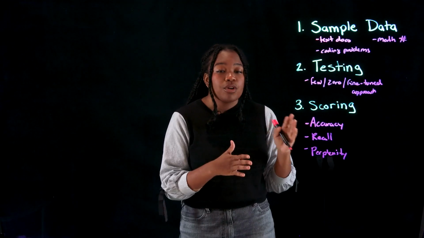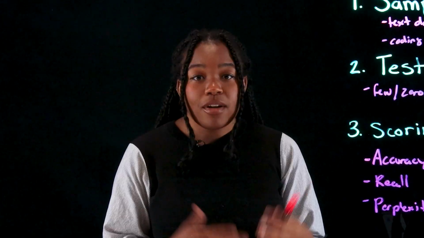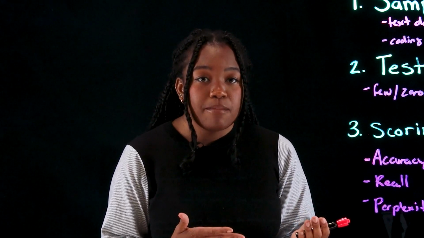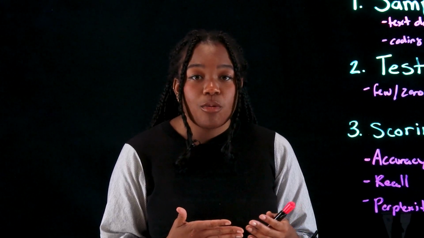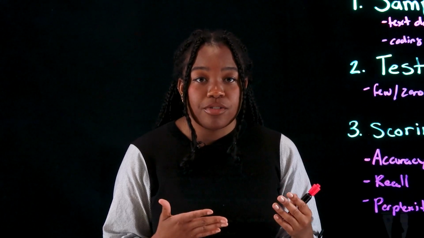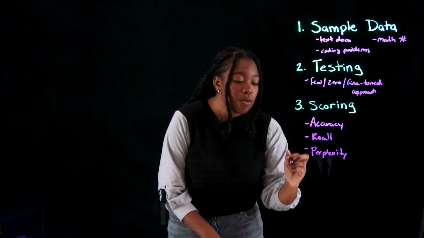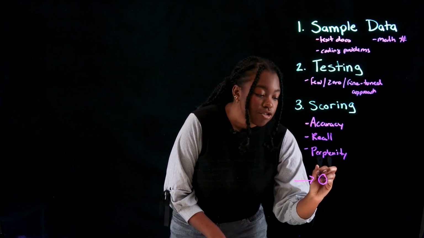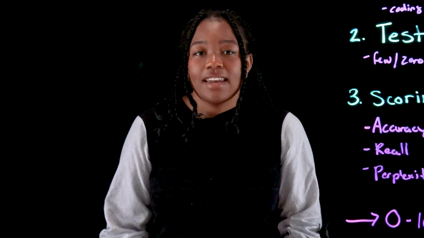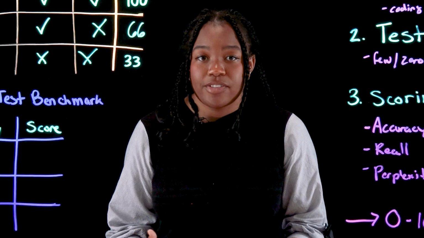Usually, one or more of these quantitative metrics are combined. And while this is not an exhaustive list, one or more of these quantitative metrics are combined in order to have a comprehensive and more thorough evaluation of the model's performance. Overall, using those metrics, we create a score from 0 to 100, which is the final evaluation score for this model. Now, let's look at applying what we've learned about benchmarks to an example.